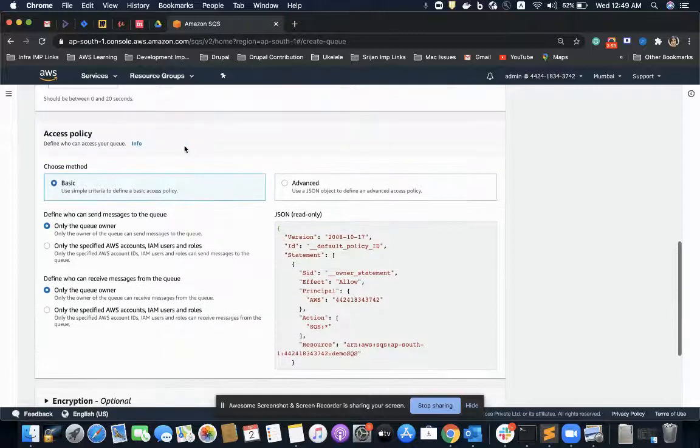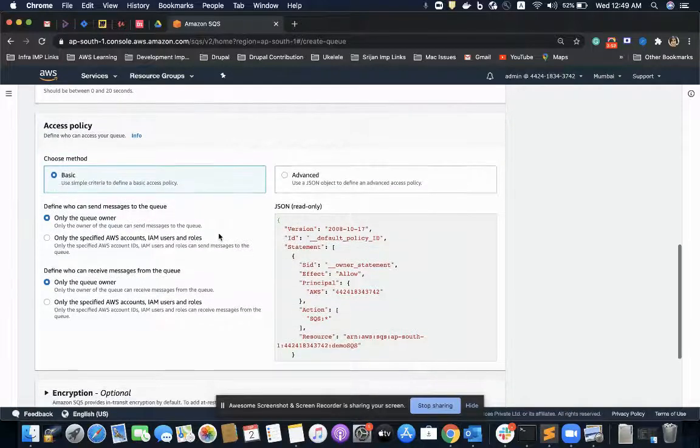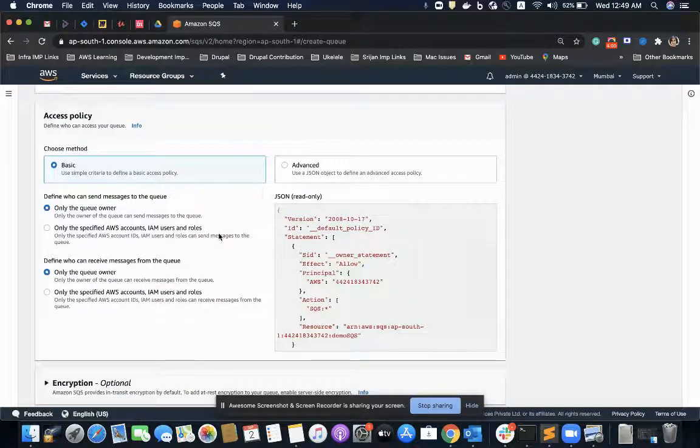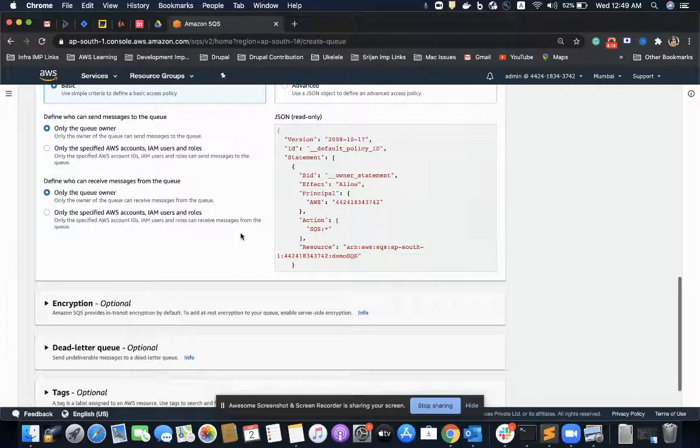Then I'll go to this access policy. We have this access policy as we have in S3. So we can define the rules in JSON format, as in who would have the access to our SQS. I mean, what all applications would be able to send or receive the messages with SQS.